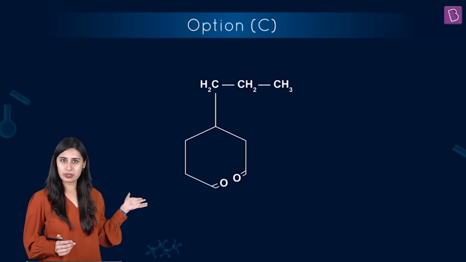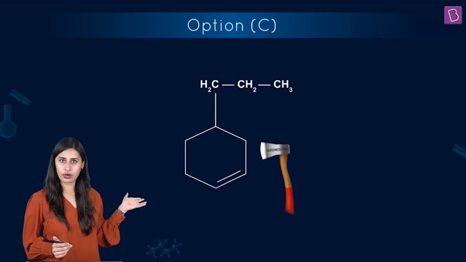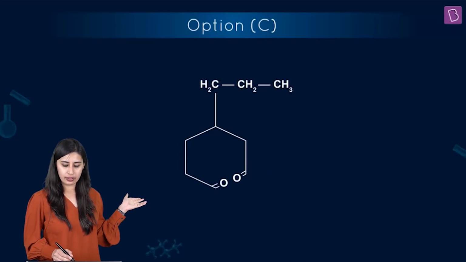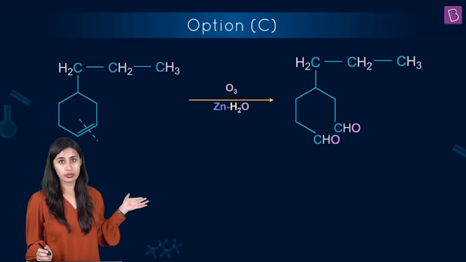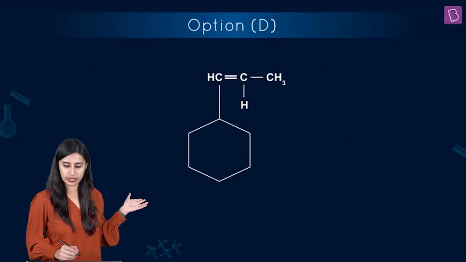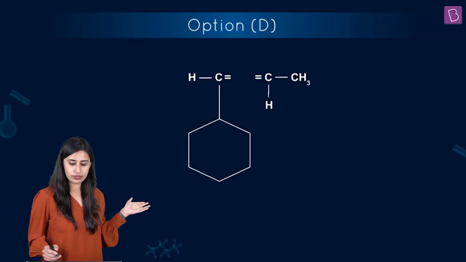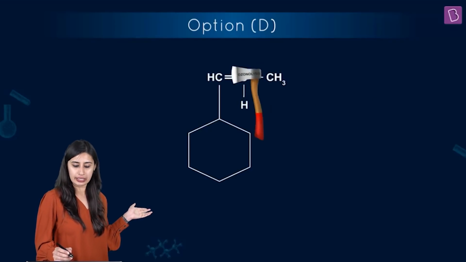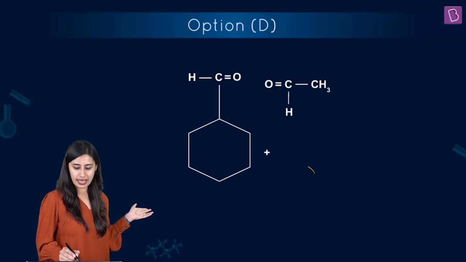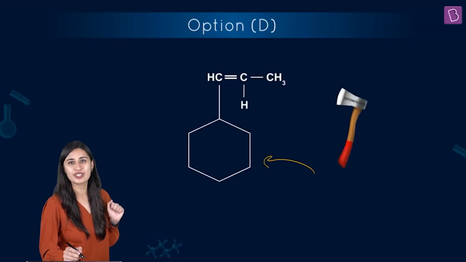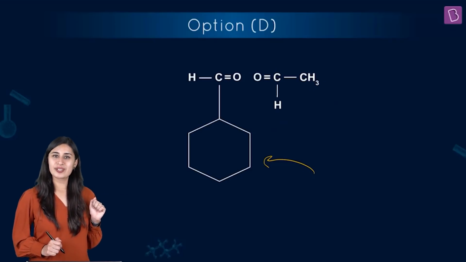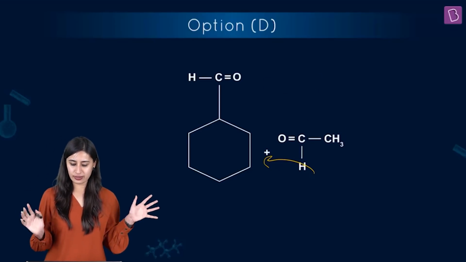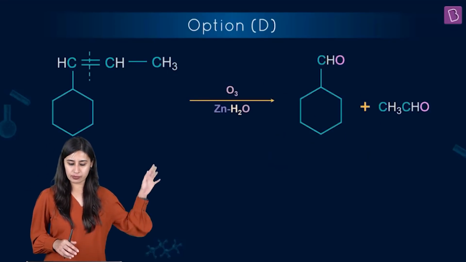Again, the cycle has been broken, the double bond, put oxygens across it, and the compound that you get is this. Nowhere is methanol involved here. Let's check for option D also. This is what we get. Here we are getting rather ethanol, and we get this cyclohexane ring attached to a CHO group, right? So please check here also. No methanol is getting produced.